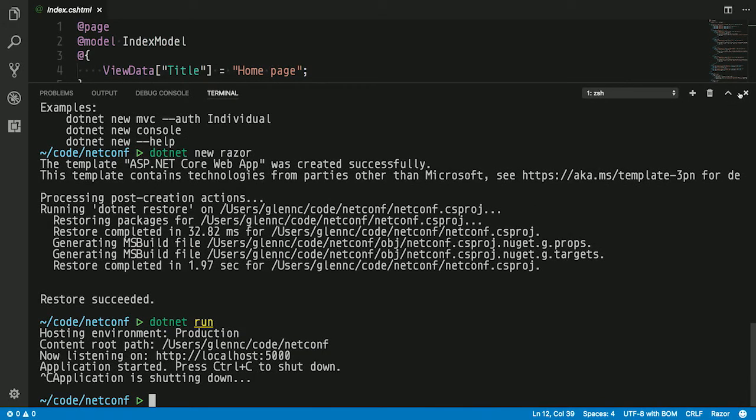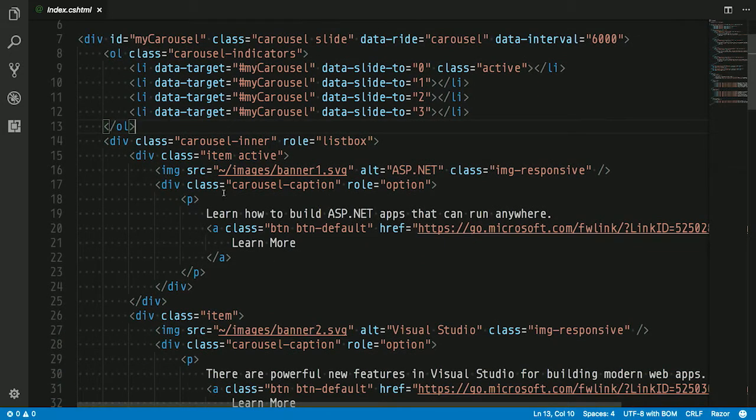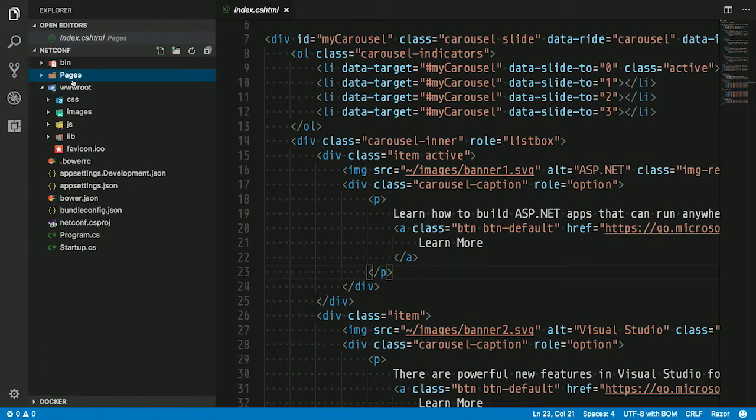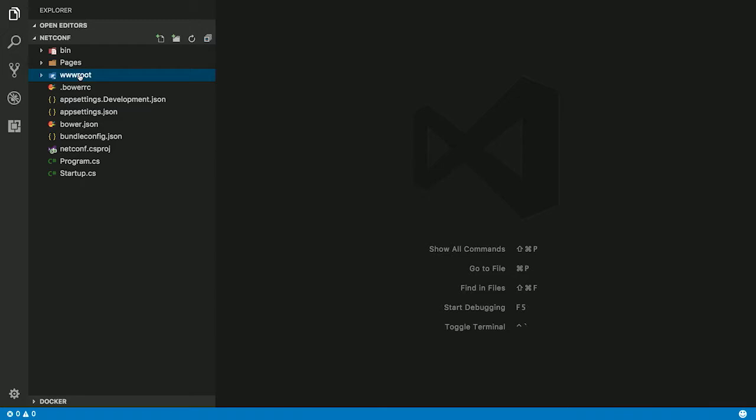And if we look around in this index page, you can see here's the HTML for your carousel. Right, this is my carousel. Okay, make sense? Now, I'm not going to talk too much about the Pages directory because that's mostly Razor Pages, and you'll hear about that in another talk. I'm also not going to talk much about wwwroot or static content or those sorts of webisms, because in this first fundamentals talk, I'm going to talk